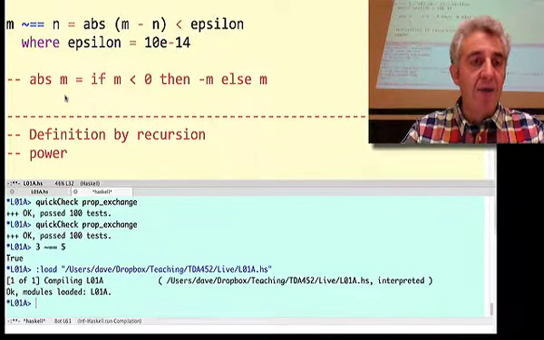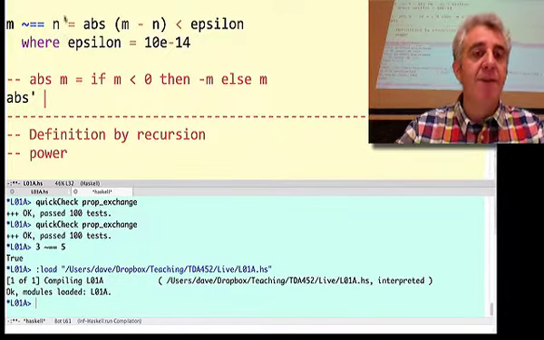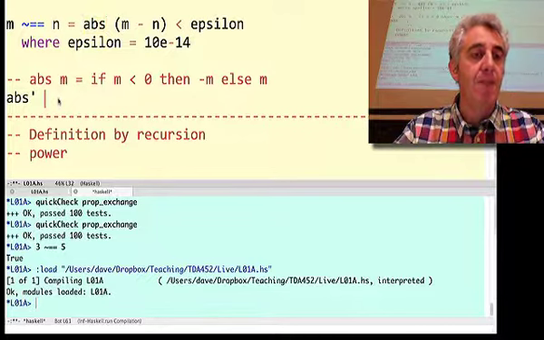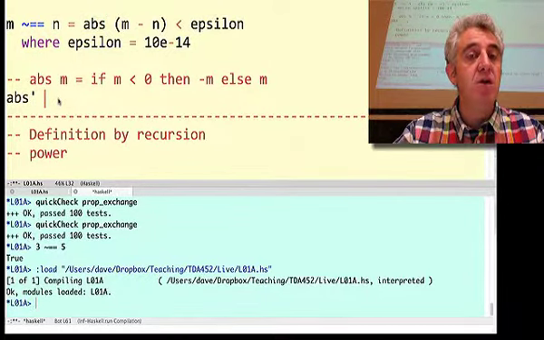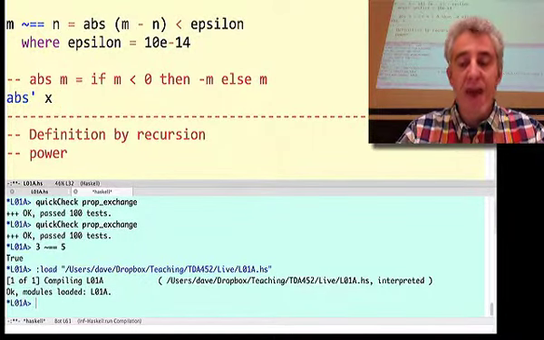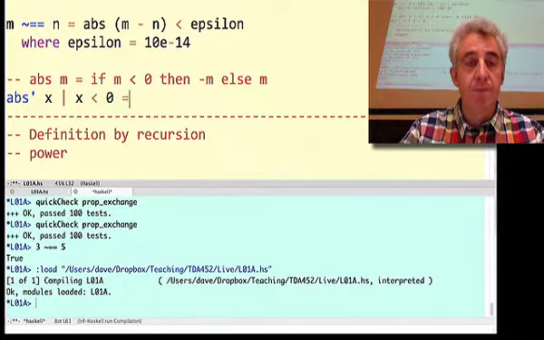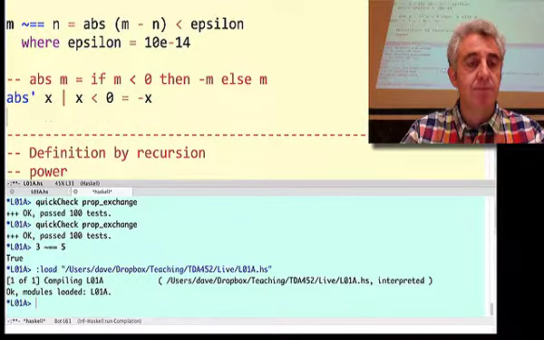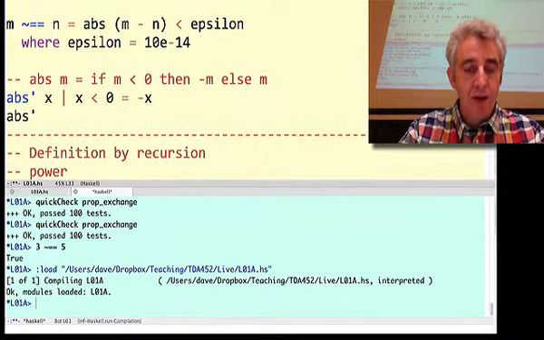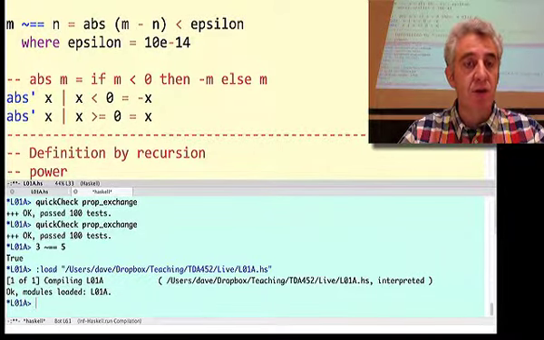But if I was to define it another way, there's a language where there's more than one way of doing things. Let me define it called abs prime, so I don't have a name clash with the one that's defined in the Prelude. Another way of defining this is to use guards. So the syntax for this is to say that abs prime of x, in the case that x is less than 0, should be minus x. And abs prime of x, in the case that x is greater than or equal to 0, will just be x itself. So here's an alternative definition.